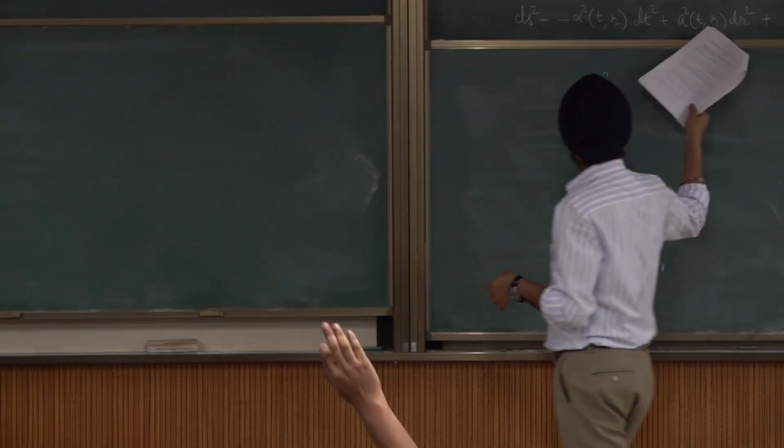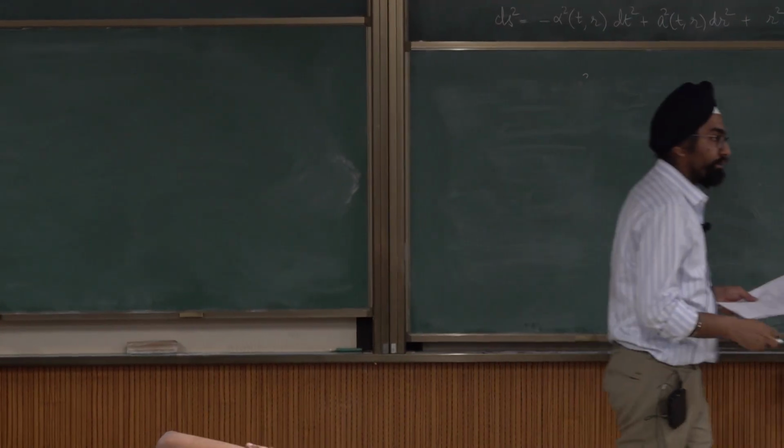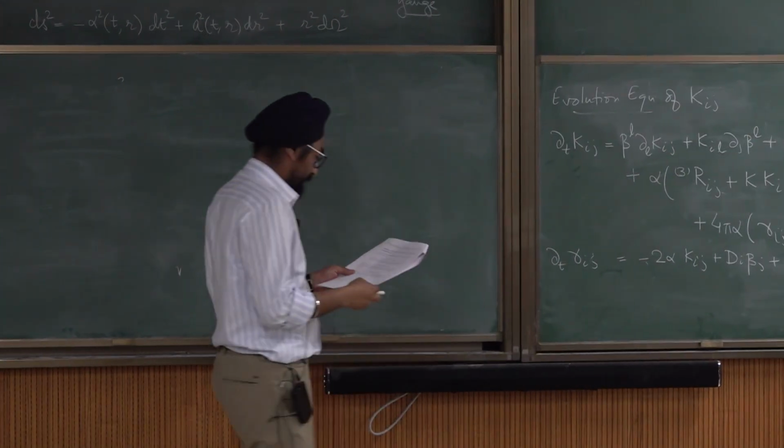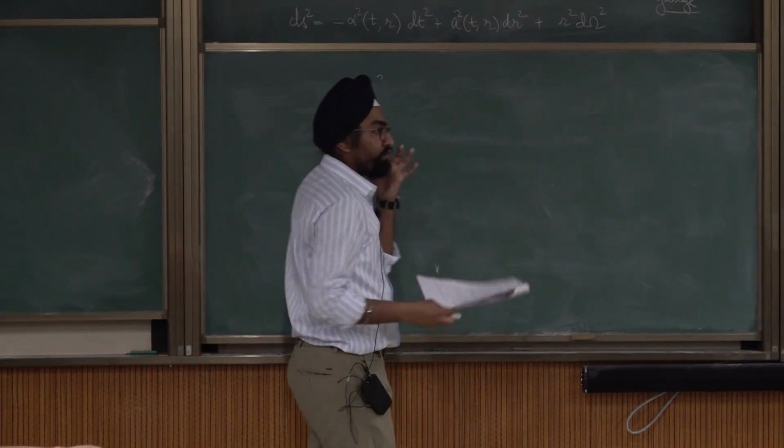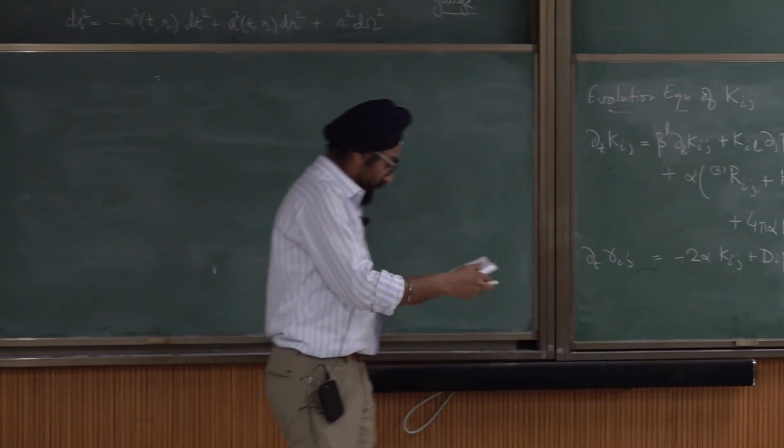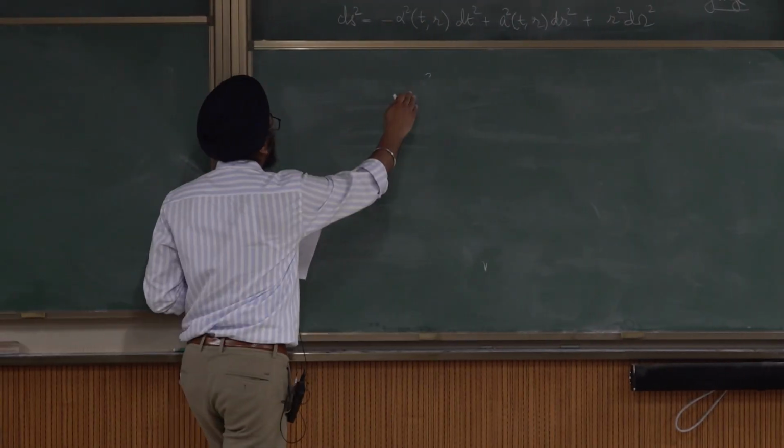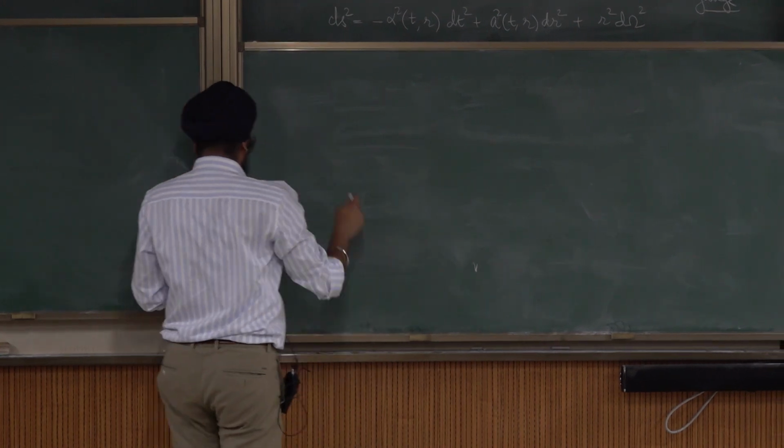Okay. So that's what the gauge choice also we have done. Now we have only two variables to look at, alpha and a, in the most general spherically symmetric form of the metric. So in this system,